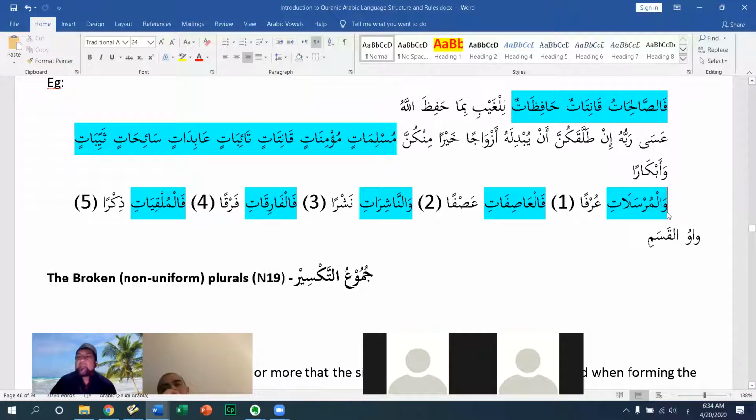Waw al-qasam mabni 'ala al-fatha. Al-mursalat al-muqsam bihi majrur bi-waw al-qasam, wa alamatul jarr al-kasra. Remember, this is jama' al-mu'annath al-salim. It's majrur with kasra. It's also mansub with kasra. 'Urfa is maf'ul min ajlihi, or you can say hal if you wish. 'Urf is the reason why they were sent. What is meant by al-mursalat, the scholars have two opinions: that it's referring to the winds, or it's referring to the angels.